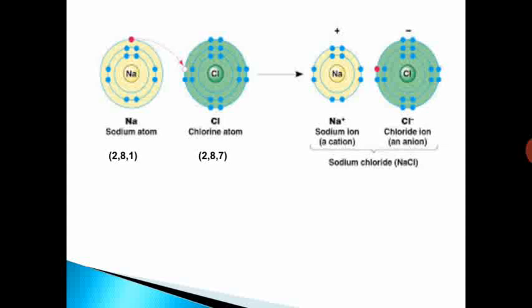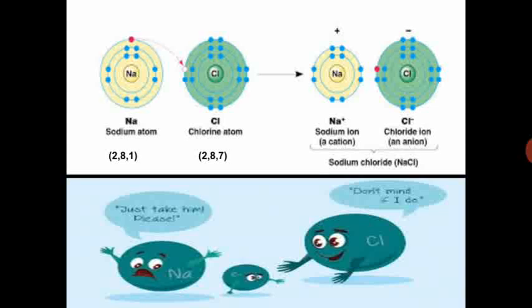Here sodium gives 1 electron, becomes a donor and carries a positive charge, and chlorine takes 1 electron and carries a negative charge. By this give and take, a chemical bond is formed, and sodium and chlorine result in the formation of the sodium chloride molecule, that is, the salt molecule. Here you can see in the picture that sodium wants to give that electron to complete its octet or reach its stable state, and that's why it says, just take it away. And chlorine wants 1 electron to complete its octet, and that's why chlorine takes it.